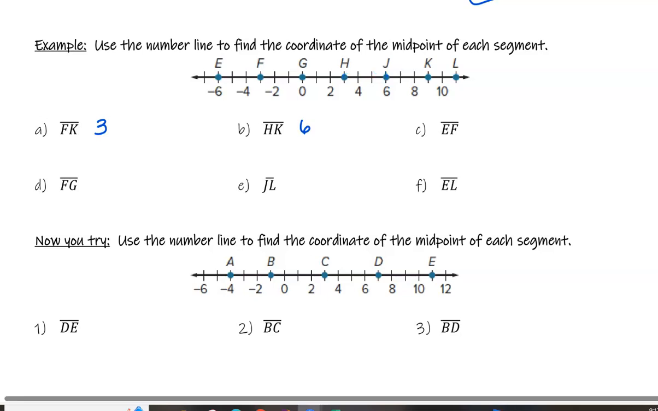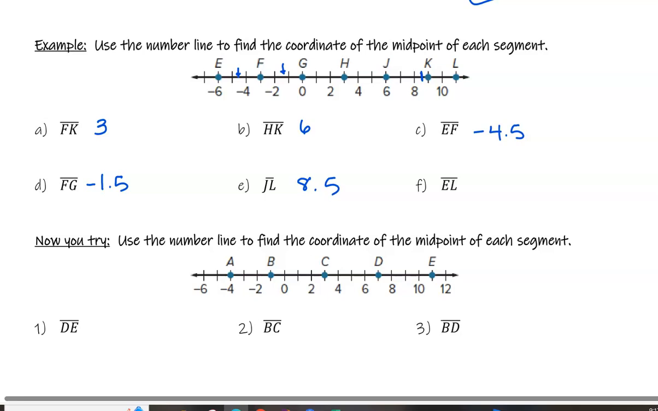EF is right here, and it's only 3, so we're going to go 1.5. So right here is the midpoint, and that is at negative 4.5. FG is going to be negative 1.5, so you're right here going just 1.5. LJ, so 1, 2, 3, 4, 5, so you're going to only go 2.5. So right here, which would be at